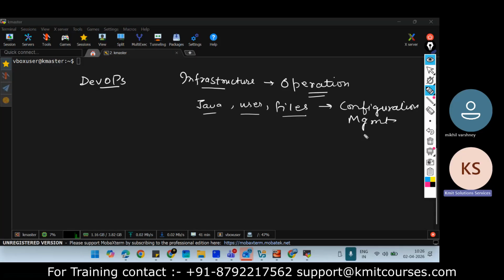On 100 machines, with 10 team members in the operation team, they start executing the script which you have given them.